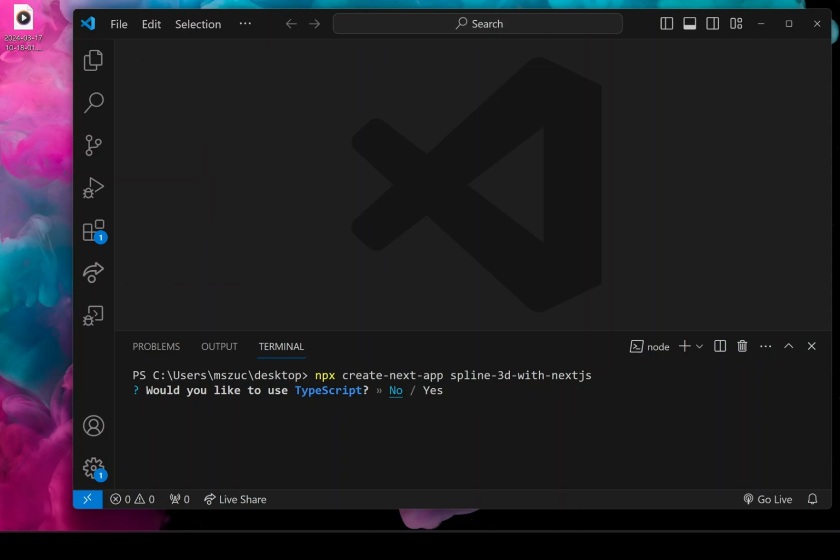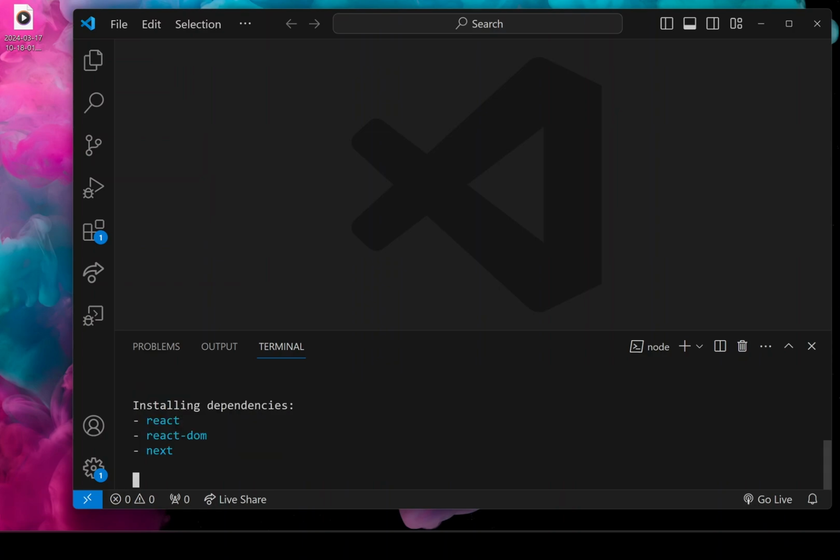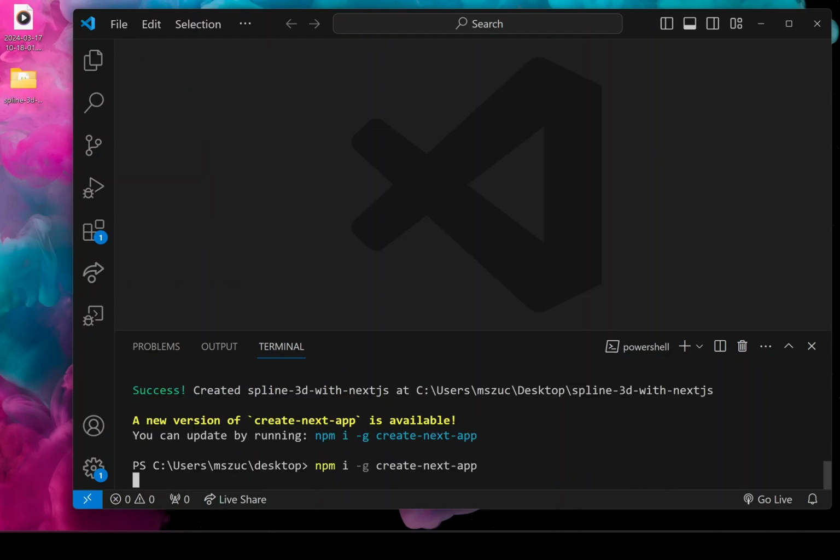I'm going to say no to all the options, no, and no app router, and don't worry about the import alias. And once this is done, I'm just going to drag and drop the folder over into Visual Studio Code.